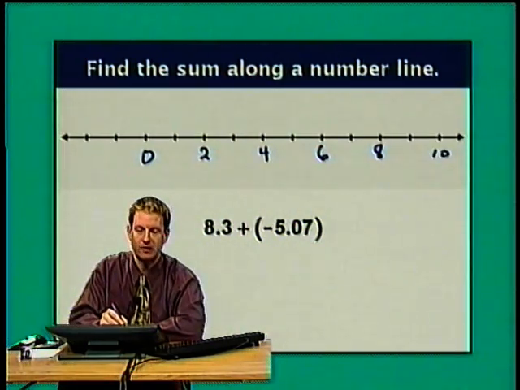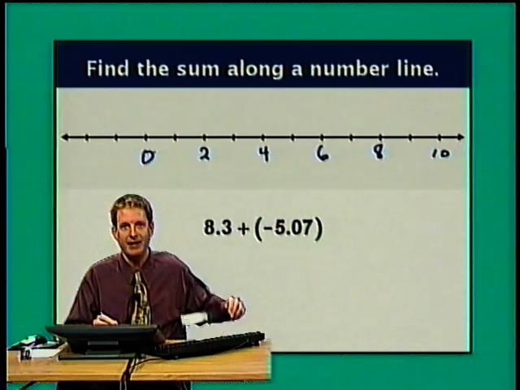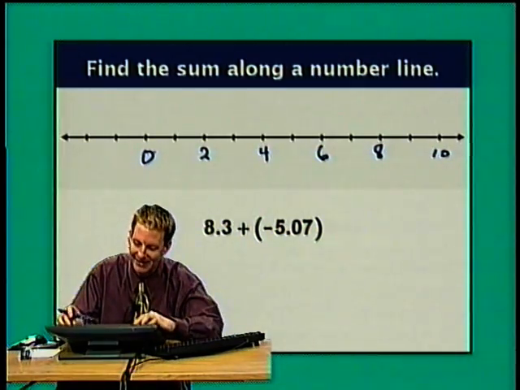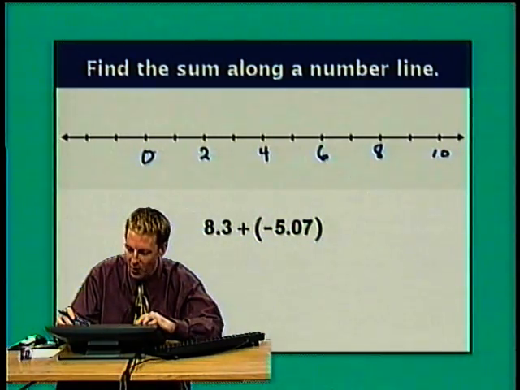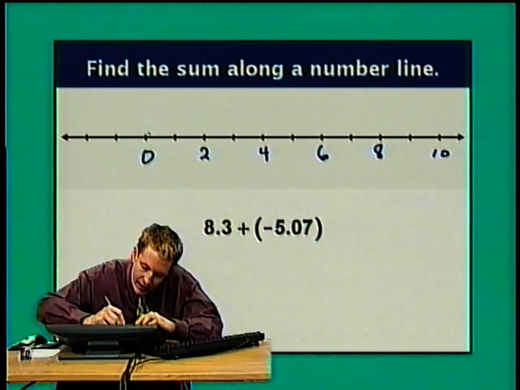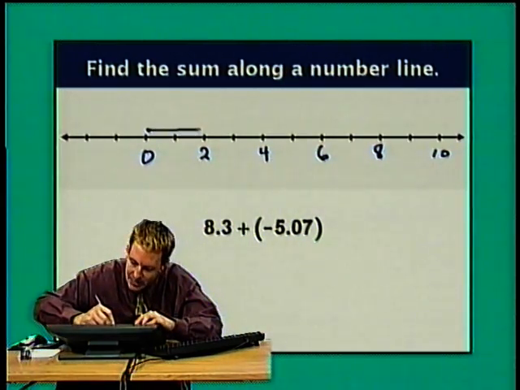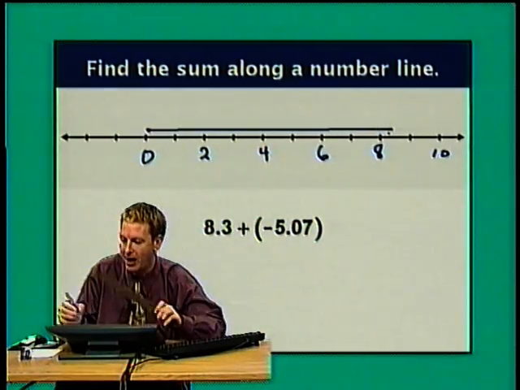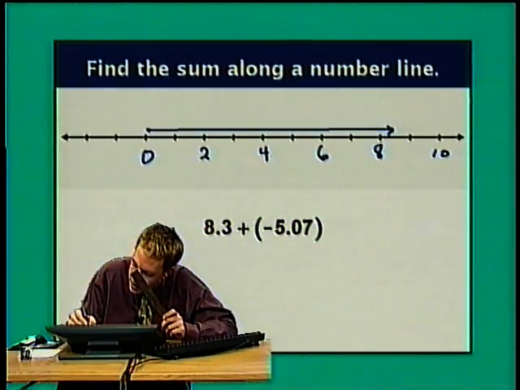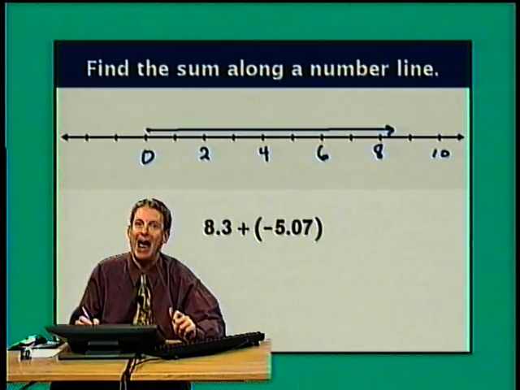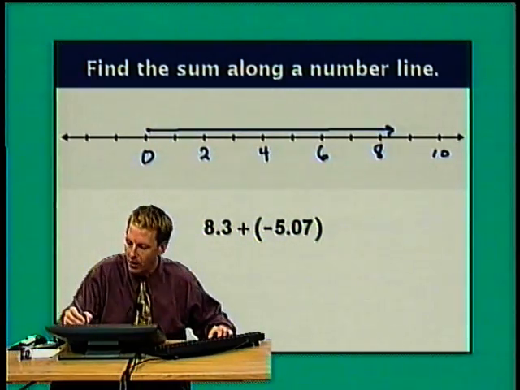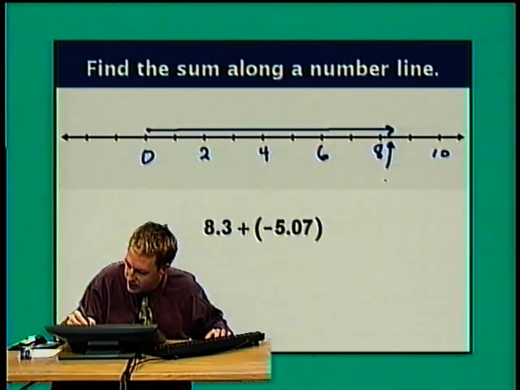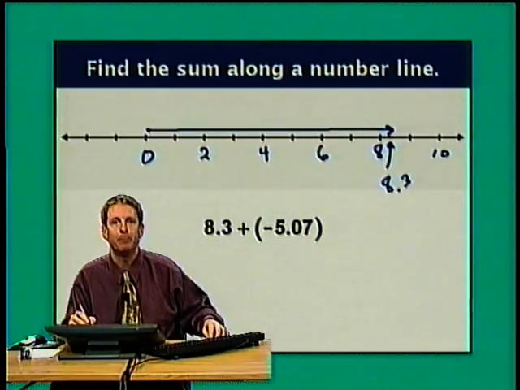New sum, start at 0. Drawing a line, get out the ruler. So starting at 0, I want to go right 8.3 units. So that's farther than 8, but not quite to 8.5. So I just kind of have to make a little bit of an eyeball here that I'm past 8, but I'm not quite half past 8. So this is the point that I'm using to estimate 8.3.